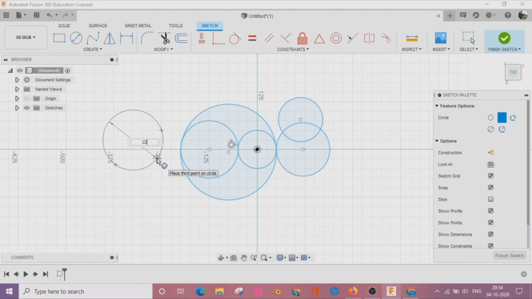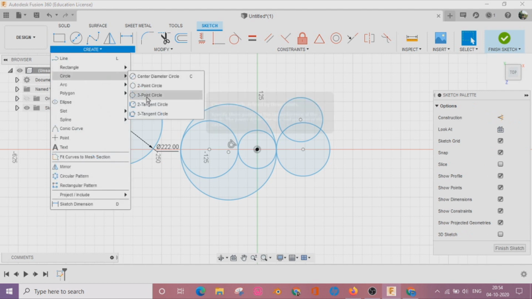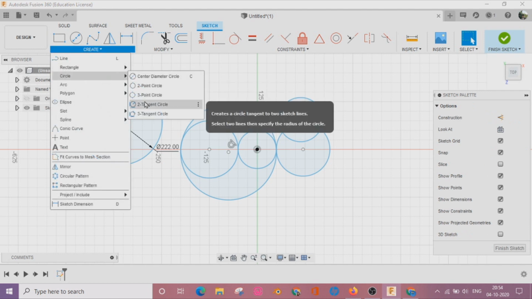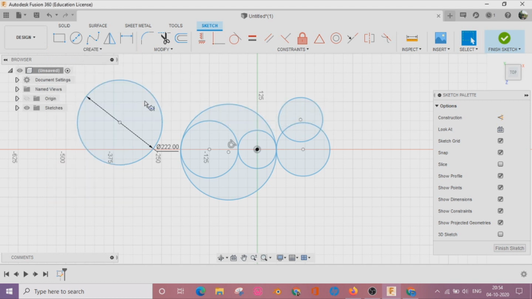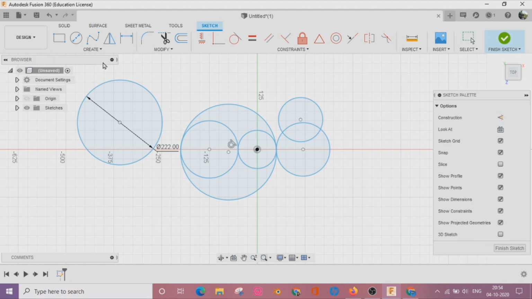Then next type of circle, 2-tangent circle. For 2-tangent circle, we have to create two lines, or either as per the requirement.